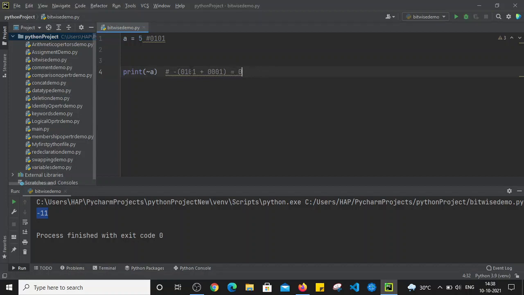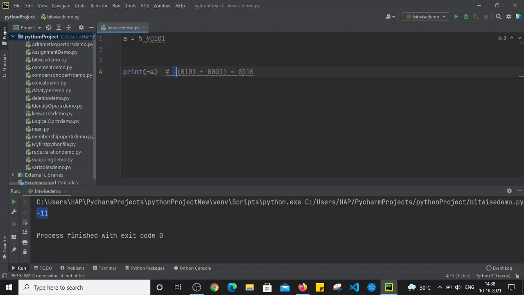In the next digits, 1 plus 0, that is 1, with the carry, so the end result is also 1. After that, this one is 1 and this is 0, so 1 plus 0 is again 1. Then 0 plus 0 is 0 in binary.